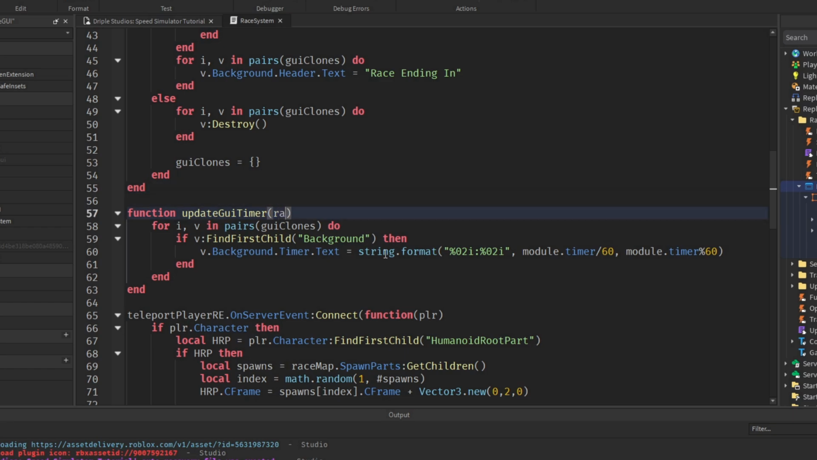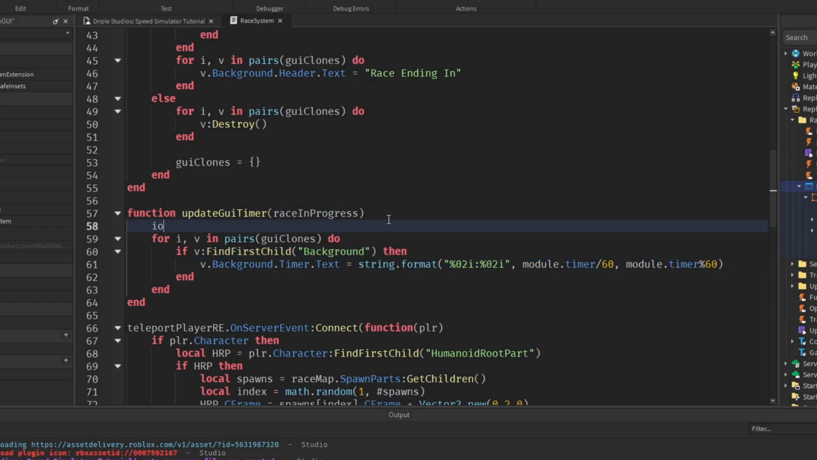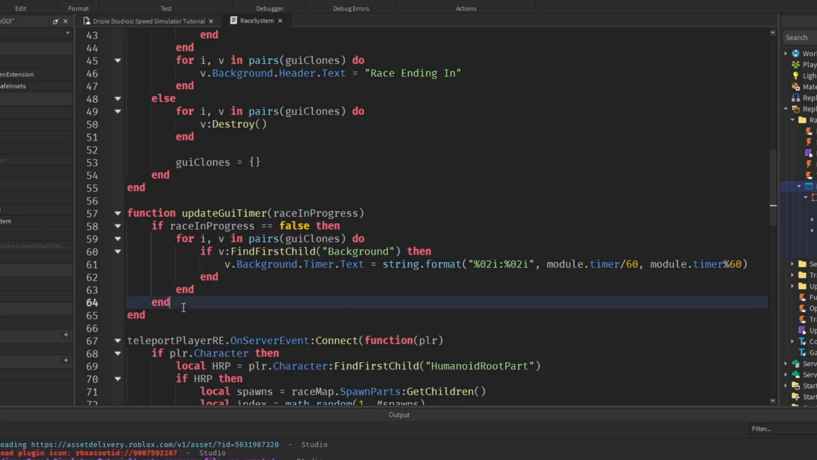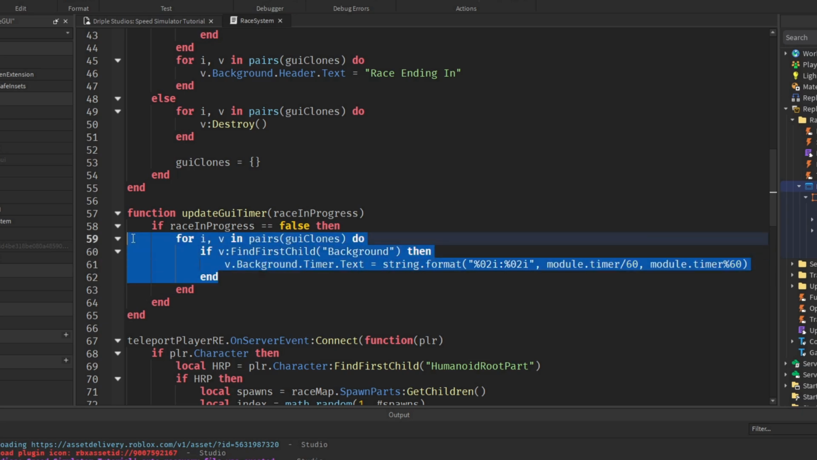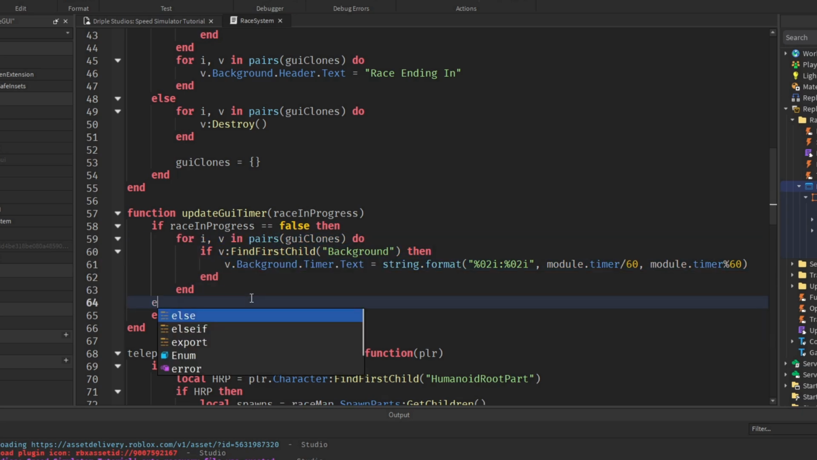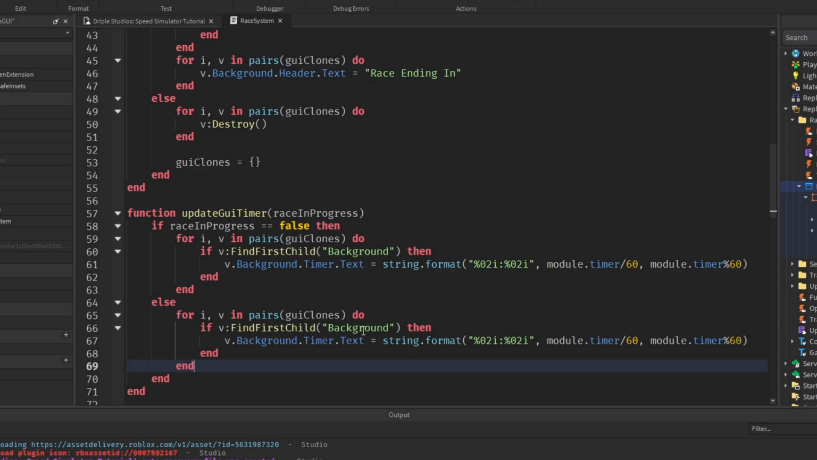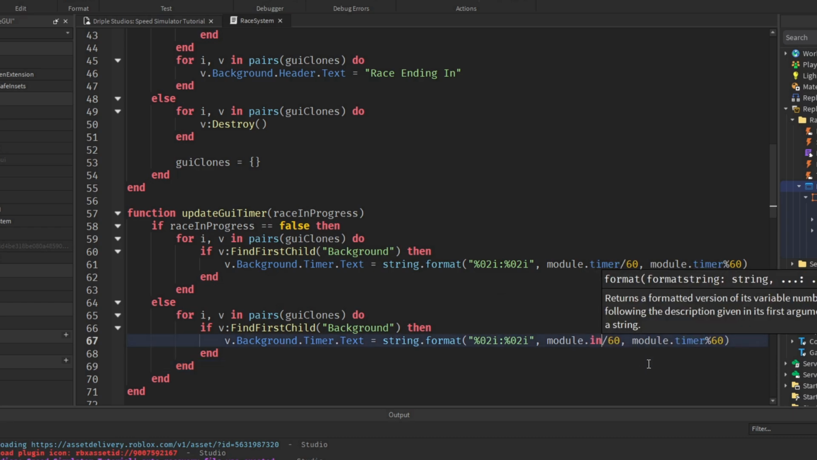Let's add a parameter, race in progress, and this will be another Boolean. If it's false, then we're going to do this here, update the timer text. So if race in progress is false, then get all this, copy it, paste it in here, and we can delete that. So we just put it into here. Otherwise, so else, copy this again, paste it in, but the difference is this time, rather than module.timer, we're going to do module.inProgressTimer